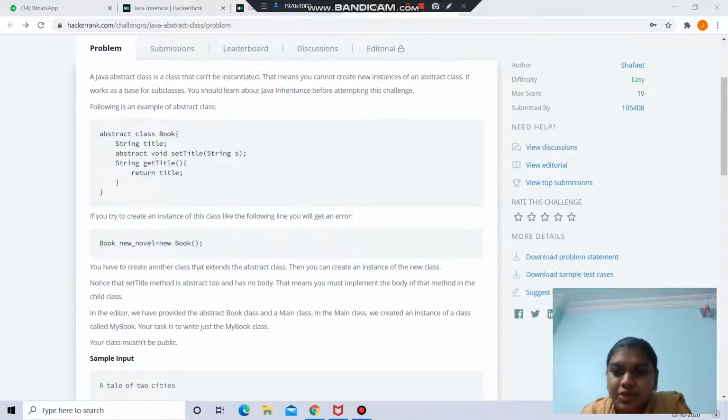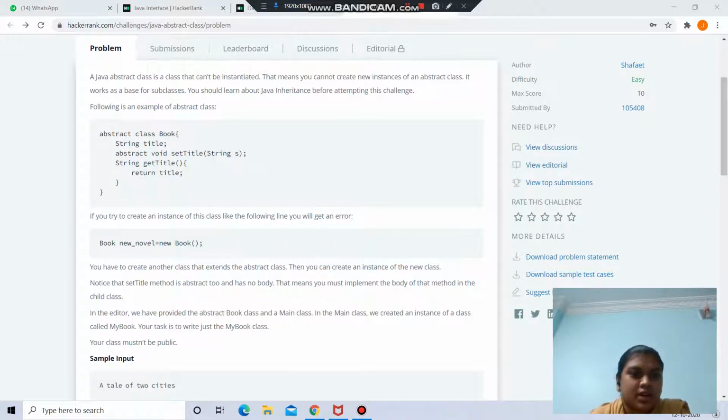Hello, today we are going to see how to apply the object-oriented concept and build Java applications using Java interface concepts such as abstract class, final variables, and default and static. We'll see this through HackerRank. So in HackerRank, the first one we will see is the Java abstract class.